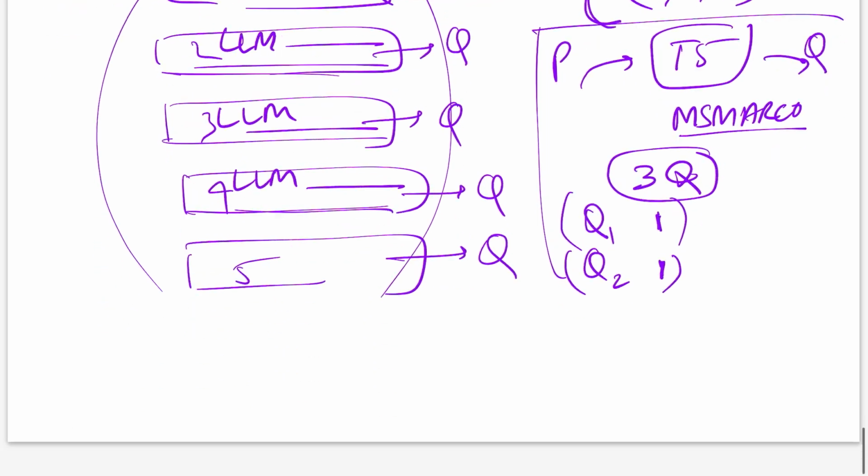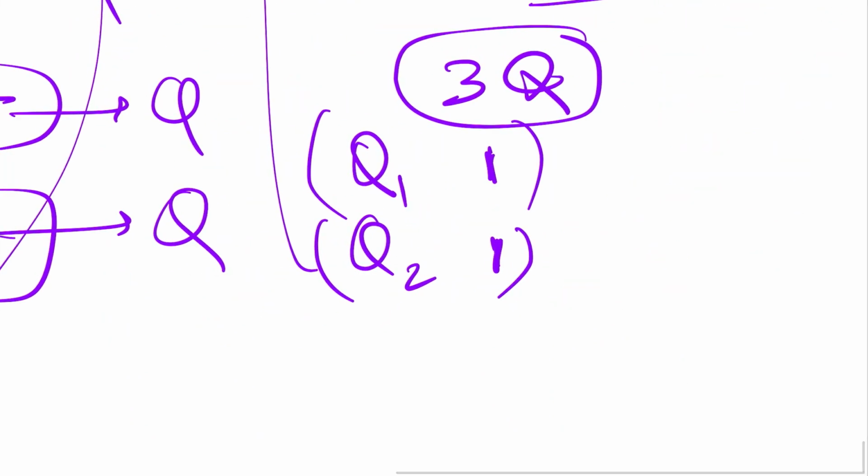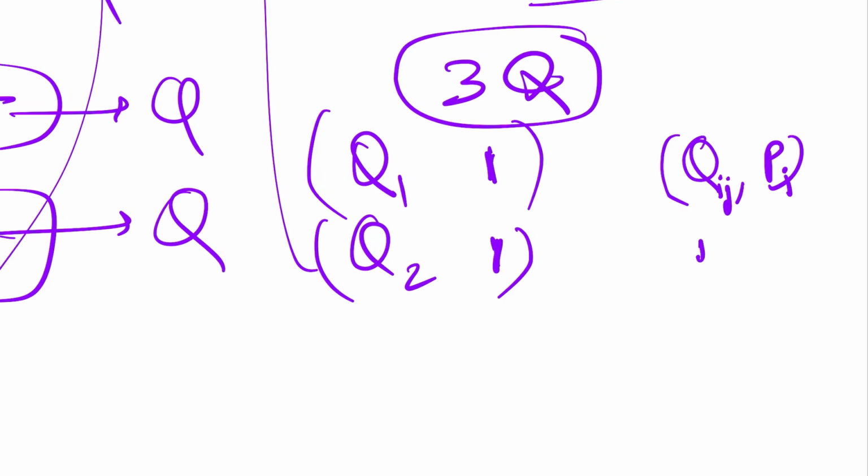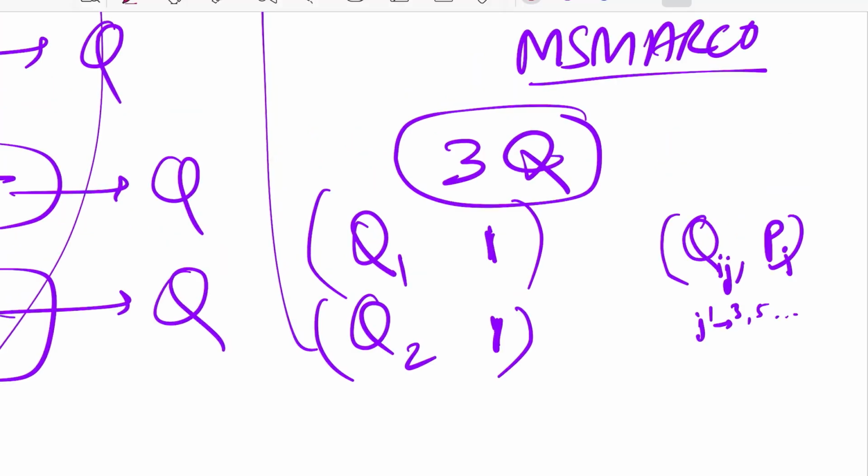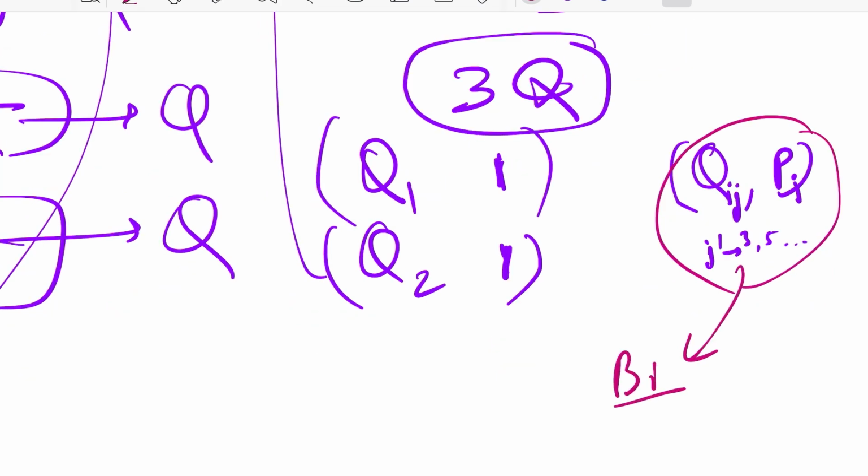Once this is done, you will have a pretty decent sized pair dataset, with queries that your T5 model generated and the relevant passages from which they were generated. We can suffix it by the ith passage. You will have qij questions where for every i, j goes from, let's say, 1 to 3 or 5 or whatever number you choose. I hope it's clear from here. You already have a pair dataset that you have created, so you train a biencoder model on one of the relevant losses. The paper uses MNRL, which is multiple negatives ranking loss, which is mathematically defined as